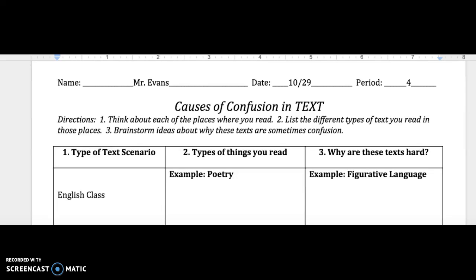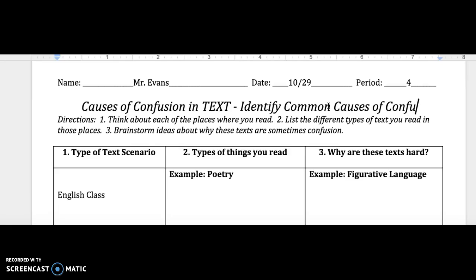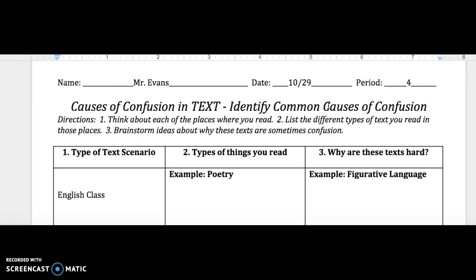All right, so here's another handout about causes of confusion in text. And we're going to make sure we get the target right away. And the target, once again, is identify common causes of confusion. So if you've already printed this off, make sure you write that down somewhere so that you can have it